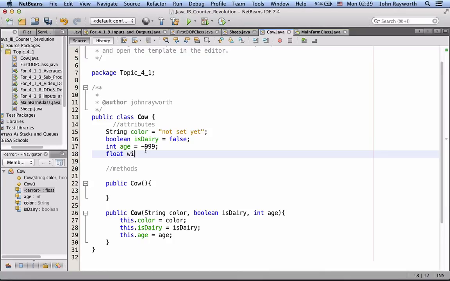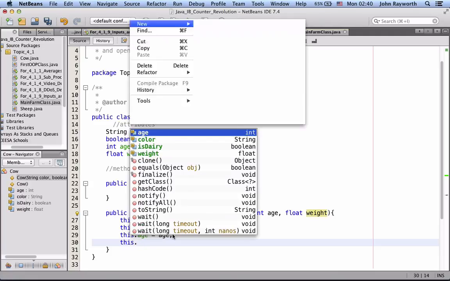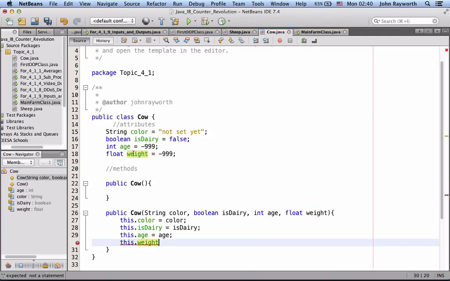So, weight starts at -999. And putting -999, without going into a lot of detail here, because I want to know if things don't get set. If I have a cow weight that comes up as being -999, I know that, oh, we had a problem. We didn't actually set it correctly. So let's put this in as well. And this dot weight, which is the weight, is assigned the weight here. We haven't even gotten into all this, but